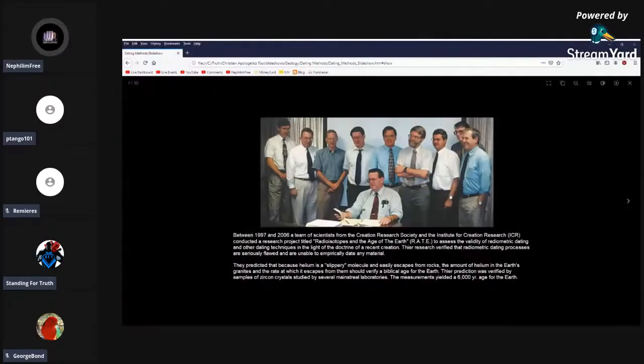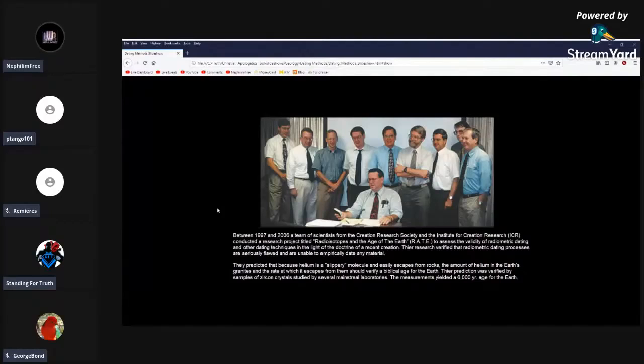So this is the RATE team. These are the scientists that conducted this experiment. And what they did was they went around to various locations. It cost them hundreds of thousands of dollars to do this. They went to various locations on the Earth and they collected samples of granite. And then they went back to the laboratories with them, and they arduously and very diligently removed the little granules